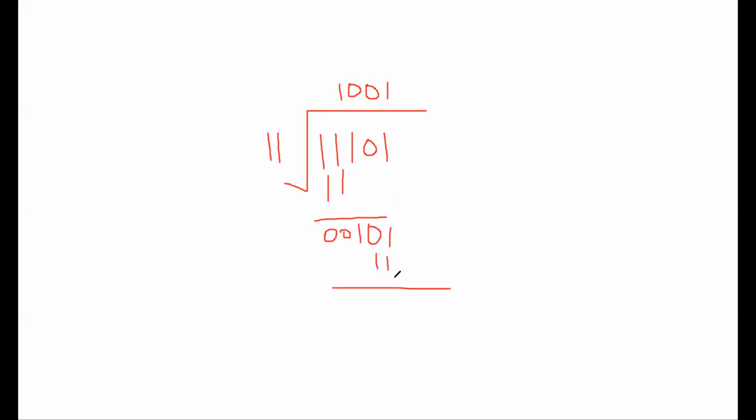Okay, then 1 minus 1 is 0, and 0 minus 1, it is not possible, so I'm going to borrow from this, and it will become what? 2, right? As you know that. Okay, and this will become 0, and there is no intermediate 0, so no 1. Okay, so 2 minus 1 is, beta, 1, giving 10. Now as you know that it is smaller, it can never be divisible, so this will be your remainder. Okay, so you have to leave it here only without any problem.